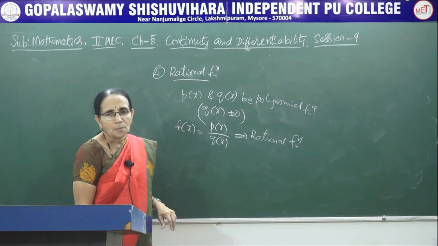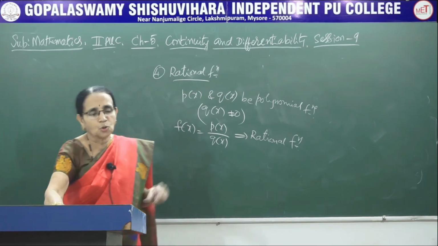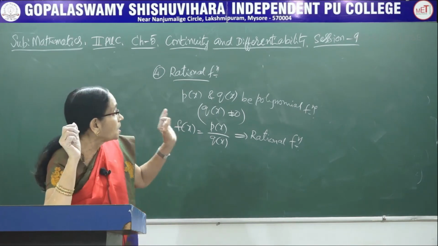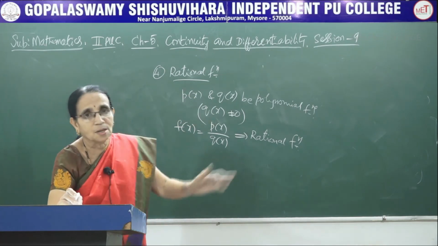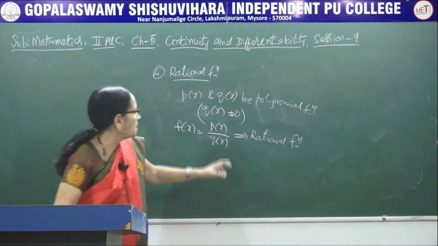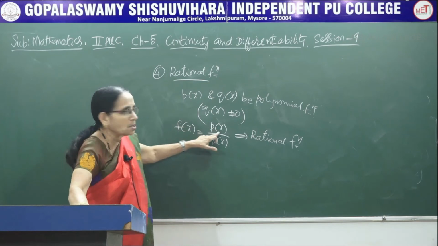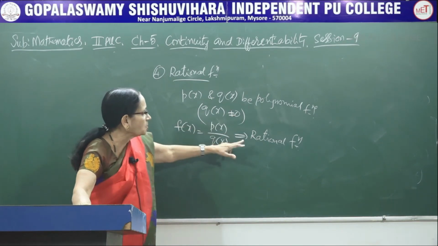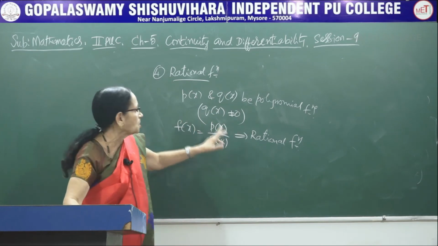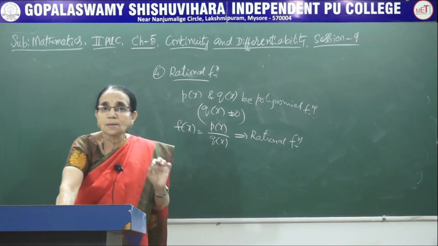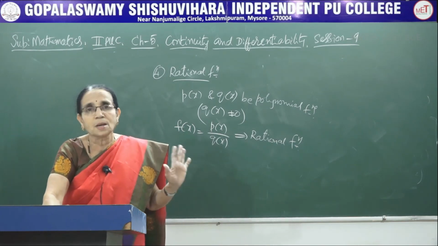Now, just now I have shown that the polynomial functions are continuous functions. In the previous case I discussed, a polynomial function is a continuous function. Now, p(x) is also a polynomial function, therefore it is continuous. q(x) is a polynomial function, therefore it is continuous. Of course, q(x) is not equal to 0. Just now I taught you a theorem also, the only one theorem I taught.